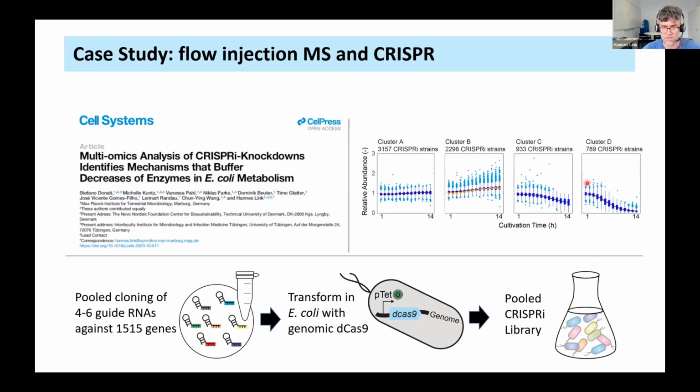We'll keep this short. So these are all these 7,177 strains. And the interesting thing was this cluster here on the right. It's just how abundant they are. We cultured them for 13 hours. And then you see everything without a growth phenotype here in these clusters. Nothing happens. And in these clusters C and D, the strains are getting depleted. So obviously they have a phenotype. And in cluster D, they have a stronger phenotype. And these are 253 genes. So there are more CRISPR-I strains because we have multiple guides per gene.